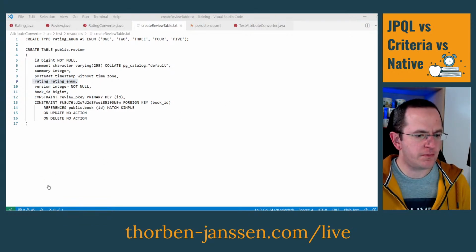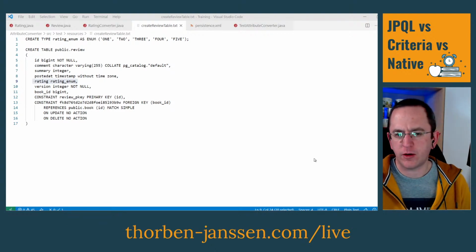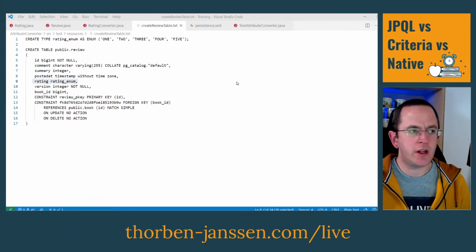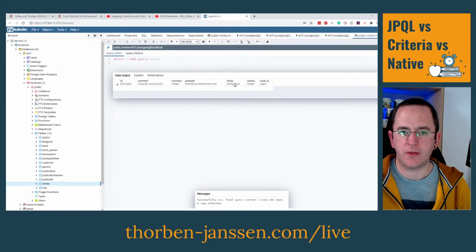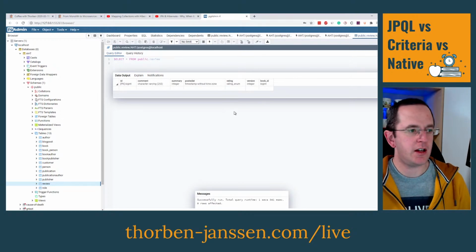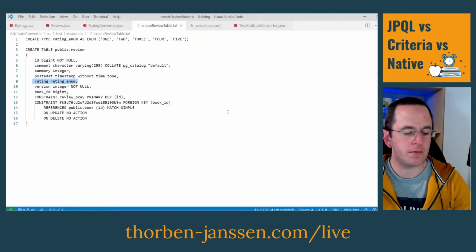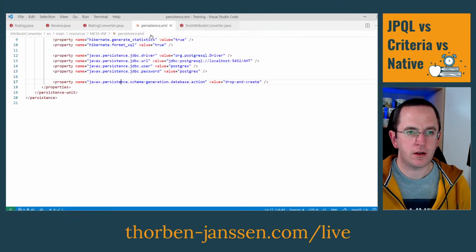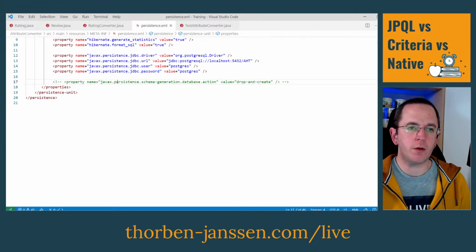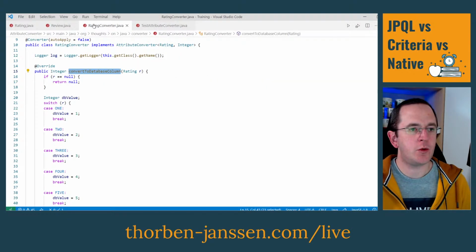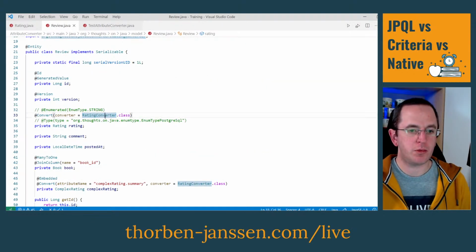Let's refresh that here and take a look at the database table. Then we can see here that we have a rating enum database column. So let's get back into the IDE. Make sure that Hibernate doesn't drop and recreate that table using its own statements. And now we can start talking about supporting custom